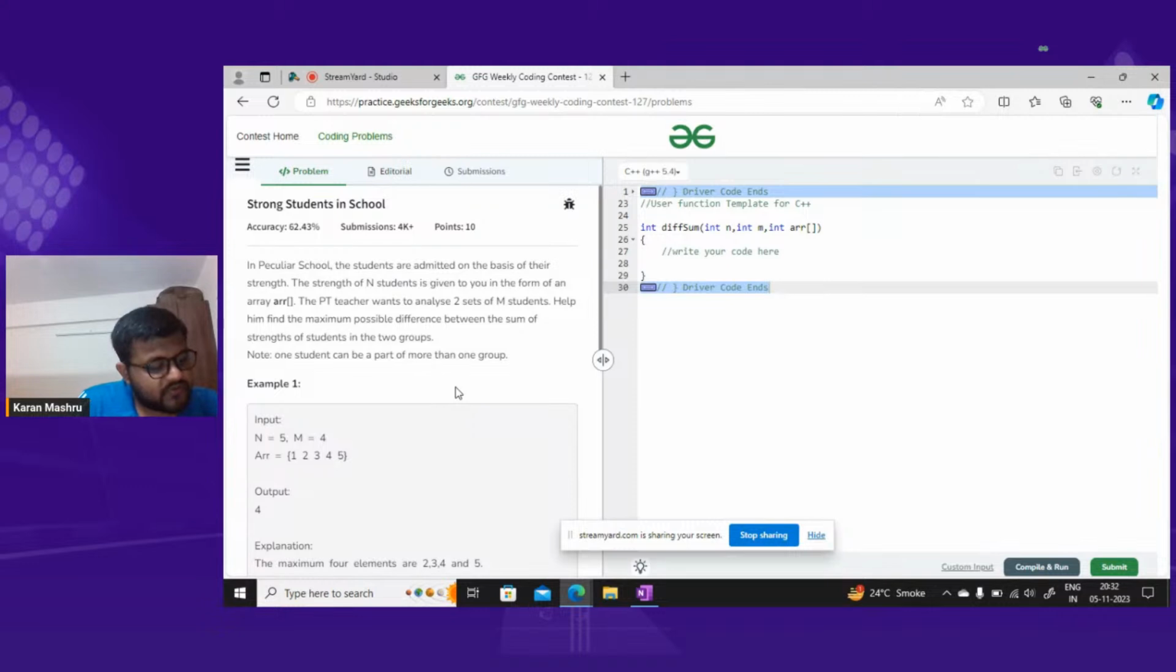Yeah, so does anyone face issues in compiler today? I'm not sure, but I think in the first question, while checking for compile and run, a small issue was coming. But when you click on submit, there was no issue. Okay,